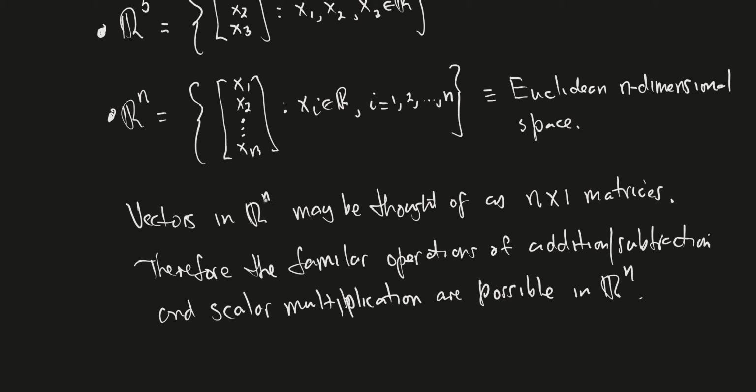For instance, many of the matrix operations that we looked at required a square matrix. Well, we're never going to get a square out of these, right? Unless you're talking about R1, where you have a 1 by 1. But as long as it's 2, 3, or higher dimensional, then these objects will never be comparable to square matrices, right? So we won't be able to do things like inverting a vector. That wouldn't really make much sense, right? But we can certainly do some other